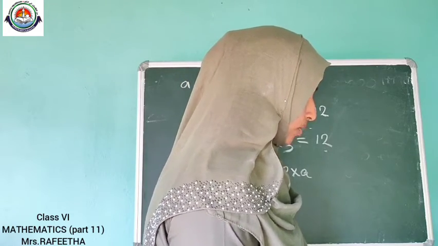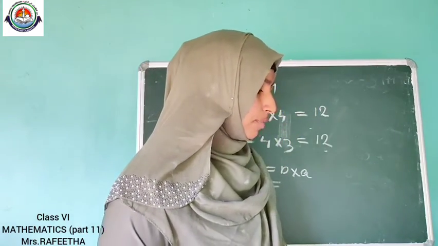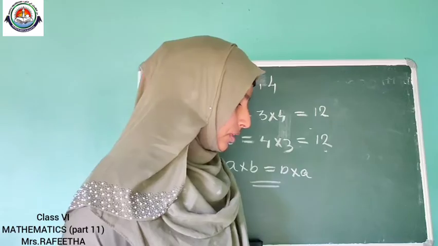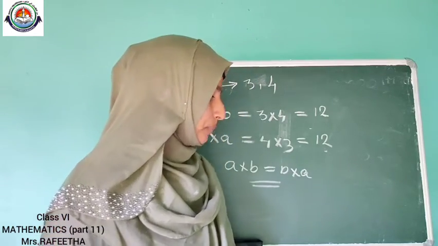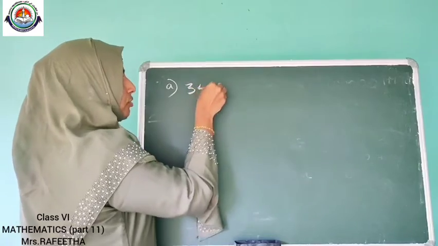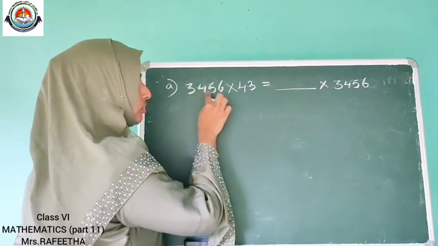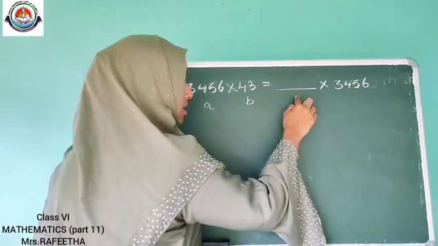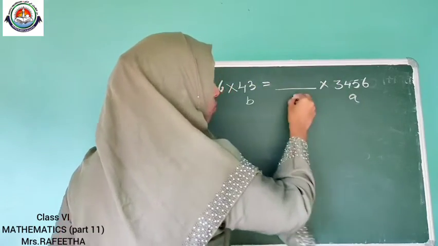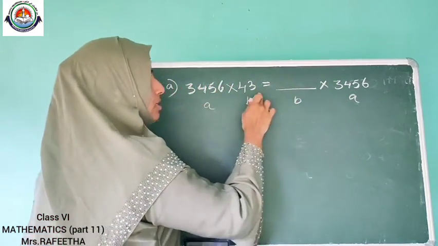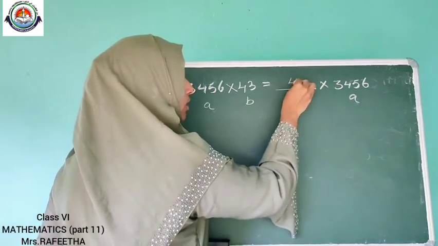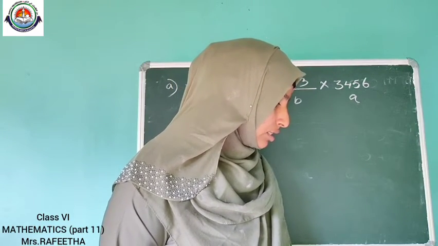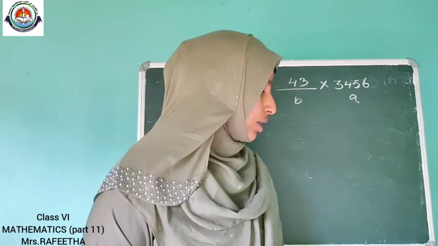That is exercise 2.3, first question. Use the properties of multiplication to fill in the blanks. Here I am doing only some questions. The remaining questions you want to do as homework. 3456. Consider this as A and this as B. A into B is equal to, here A is coming again. So what will be B here? A into B is equal to B into A. So B here is 43. Like that, in exercise 2.2, first question, sub questions 3 and 6 are similar questions that you want to do as homework.